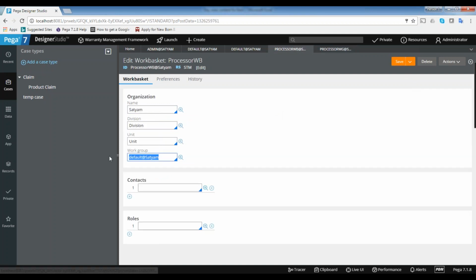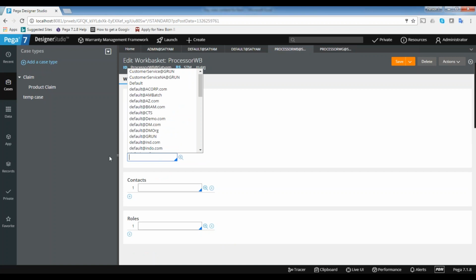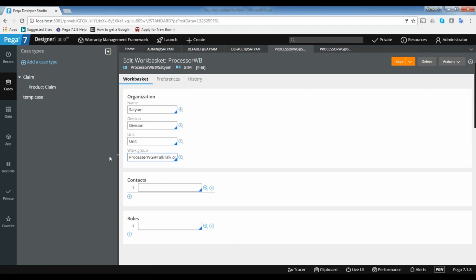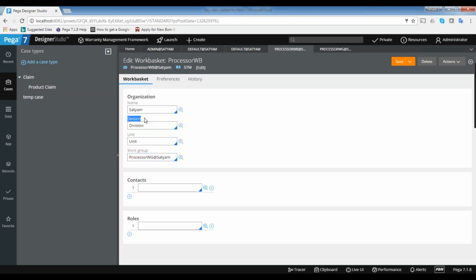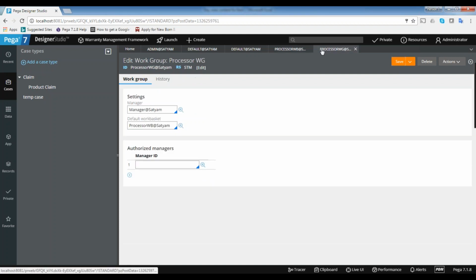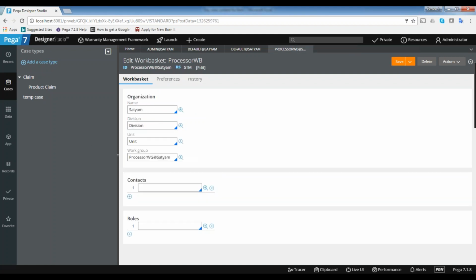And here the default work group is processor. Save it. So I created one work basket and one work group, and every work group belongs to one work basket because it is the default work basket for it.